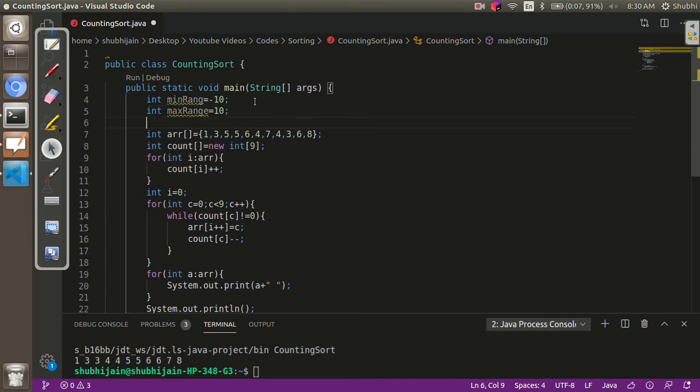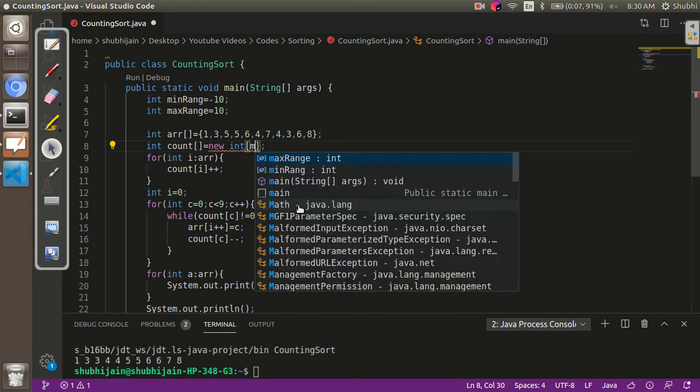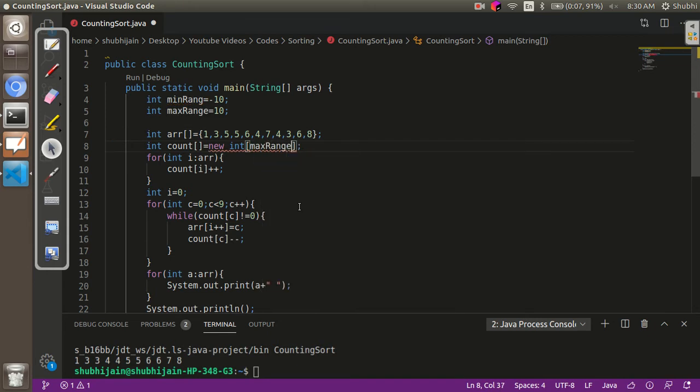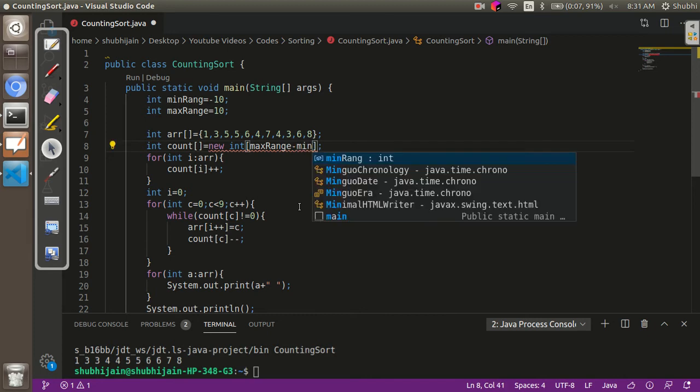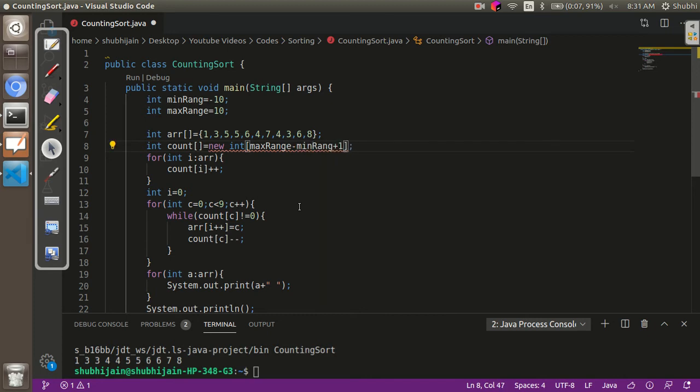So this means the total distinct number of elements is 21. That is, from -10 to 10 we have 21 distinct elements. So my count array will be of size 21. So over here the size will be max range minus min range plus 1. This is the total size of my count array.